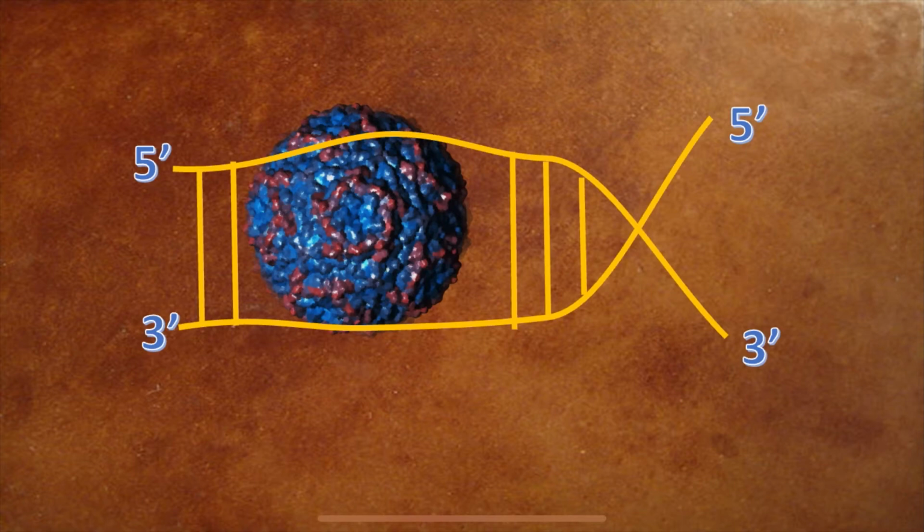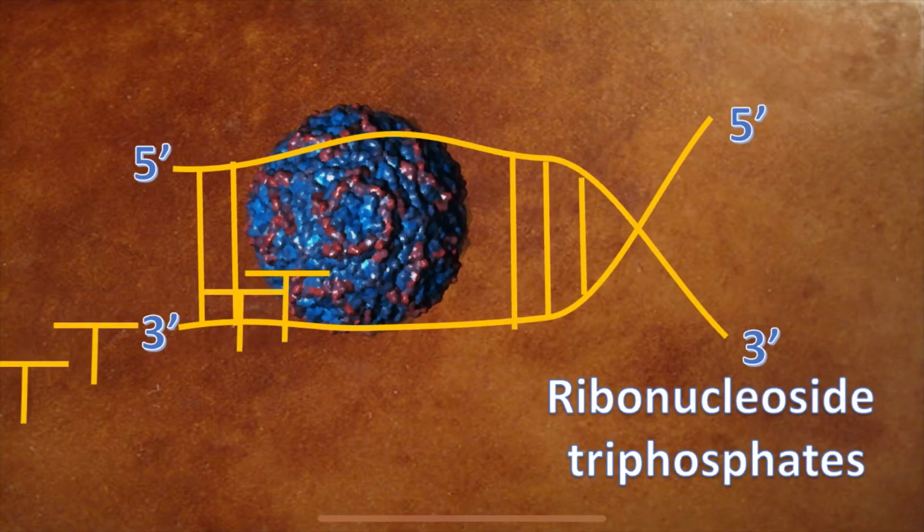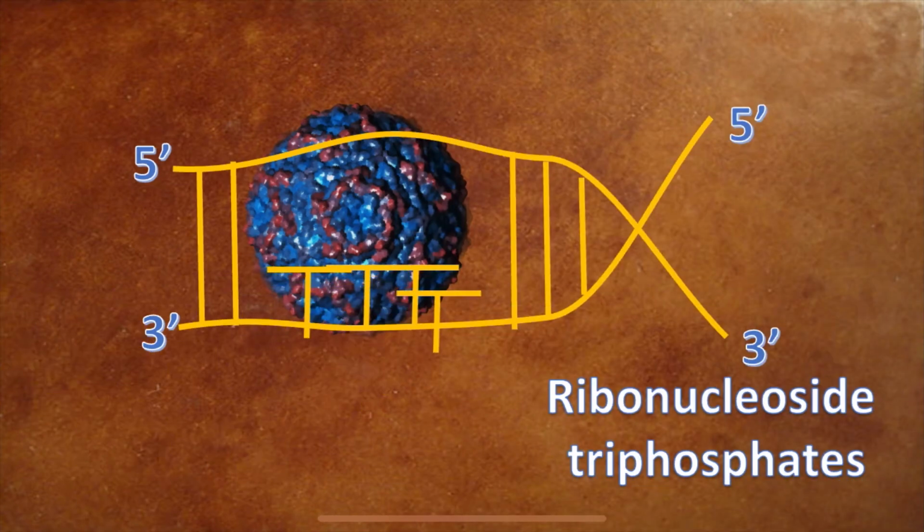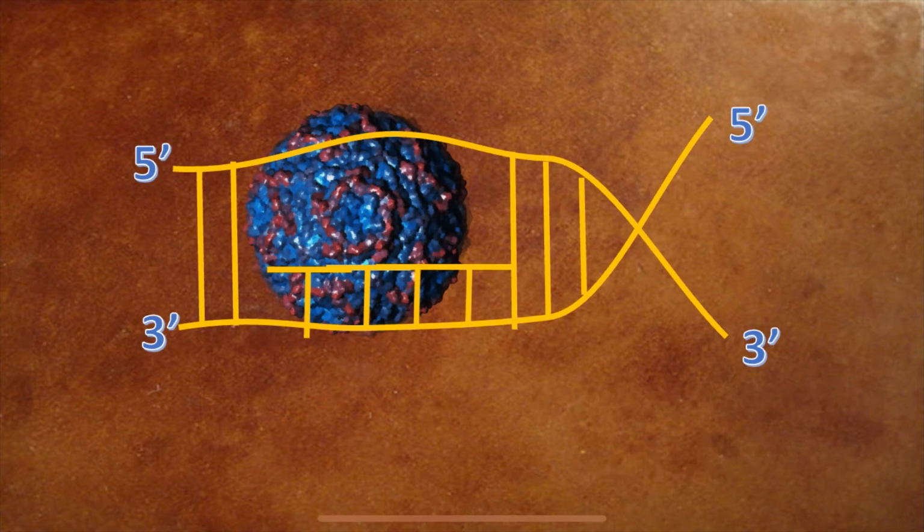Here there are two strands of DNA, the 5' to 3' strand and the 3' to 5' strand. But here RNA transcription is possible from the 3' to 5' strand of DNA. So only one strand will transcribe the RNA and the remaining one will remain as it is. So the 3' to 5' strand will work as the template strand and it will transcribe the RNA. For that it requires ribonucleoside triphosphates. They will attach to the template DNA and this will form the whole structure.